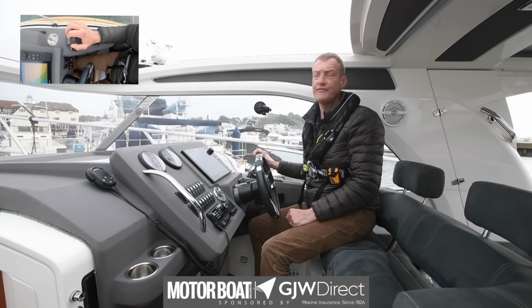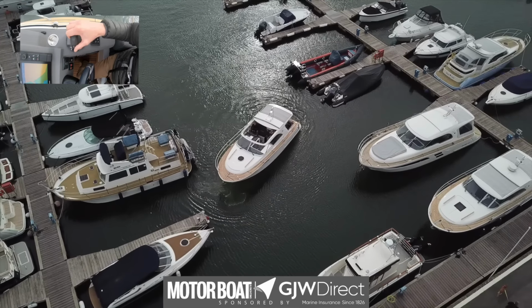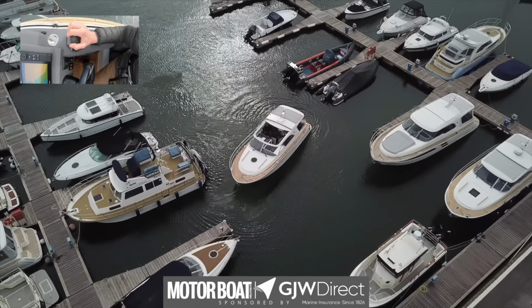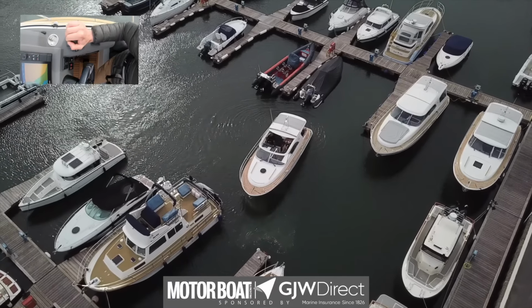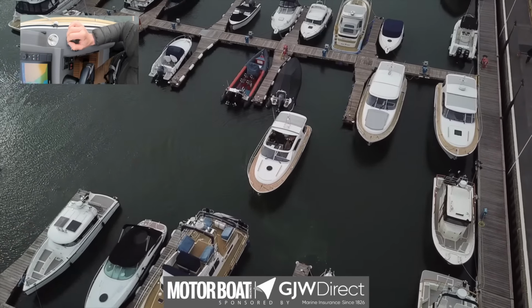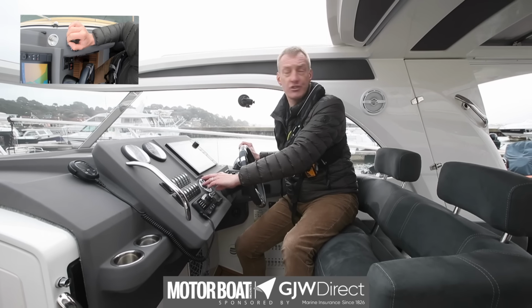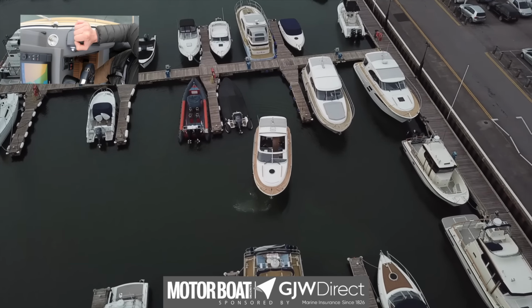Where the bow thruster is fab is if I haven't got that all spot on and I'm not quite in the right spot for the hold, and I'm a bit far over. As I come astern, the problem with just using the engine is it makes the bow swing quite dramatically. But this time I've got the added advantage that I can just stop the bow wherever I wish. Click of the stern,